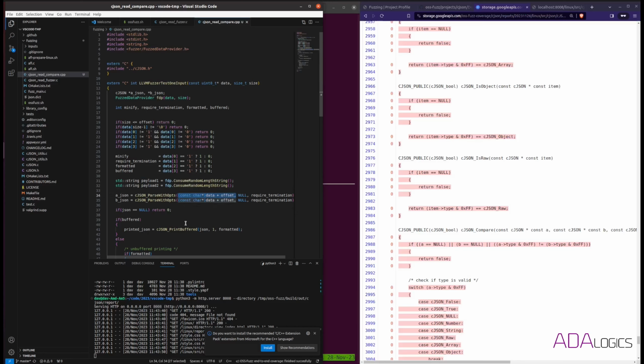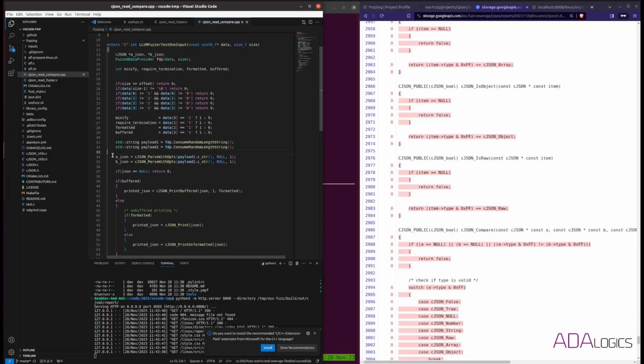We'll pass this char pointer, the seed string of payload 1, and then as follows. It's an int, but I think it's actually a boolean if we look at this option here. Oh, let's actually leave this. Let's just say we always require null termination. That should be fine. Okay, so now we have two cJSON objects,